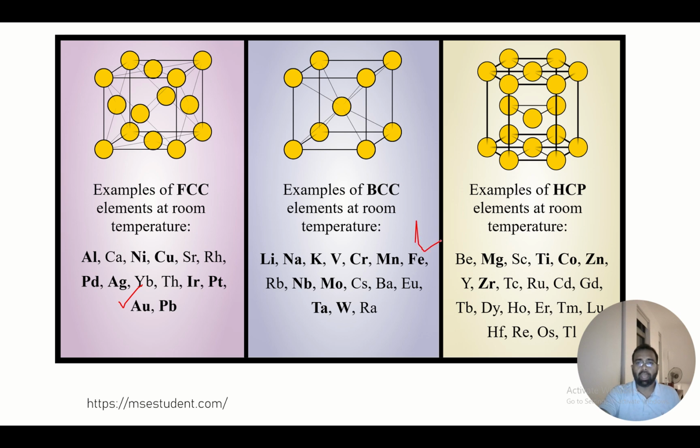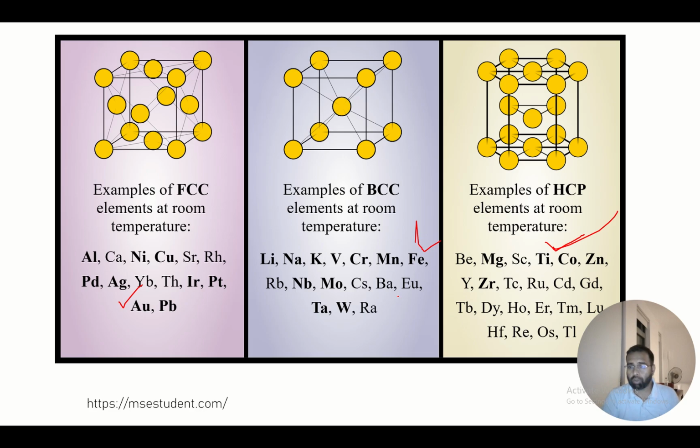And BCC iron, there is a BCC, and see, titanium is the hardest material as compared to these, and it has a close packed HCP, so it is much more dense,